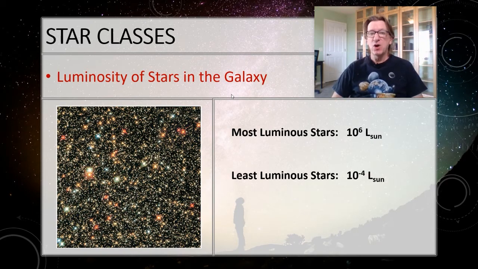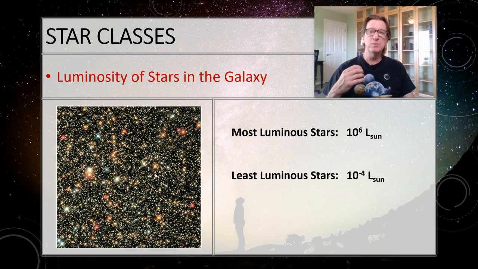Let's get started. All right, so when we look at all the stars in the galaxy, this is a Hubble Space Telescope picture pointing towards the center of our galaxy, so we get lots and lots of stars. Everything that you see here in this picture is a star. And remember that the size of the dot actually tells you the brightness of it. It's not telling you the size of the star, but the amount of energy that it's getting basically overexposes the CCD picture that we've talked about before.